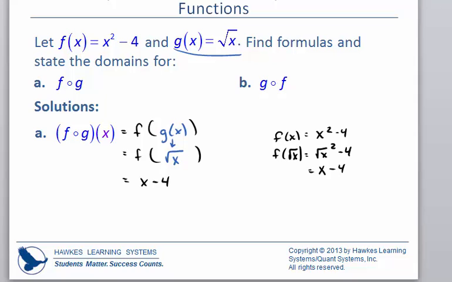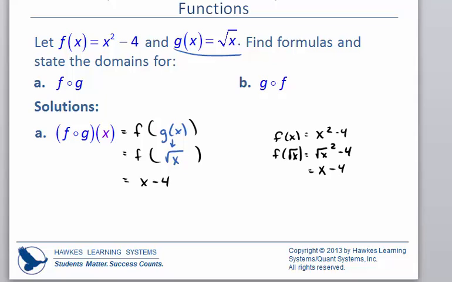All right, so here's what we need to do. We need to come up with the domain for the composition function. Now, if we're only looking at this, we might say that the domain is all real numbers because we can put any number into that and the result would be another number coming out. We can put negative numbers in, we can put positive numbers in, we can put 0 in. And so it appears, if we're just looking at our final answer, that the domain is the set of all real numbers. However, if you're looking at your individual functions, and remember you do have to consider the parts,